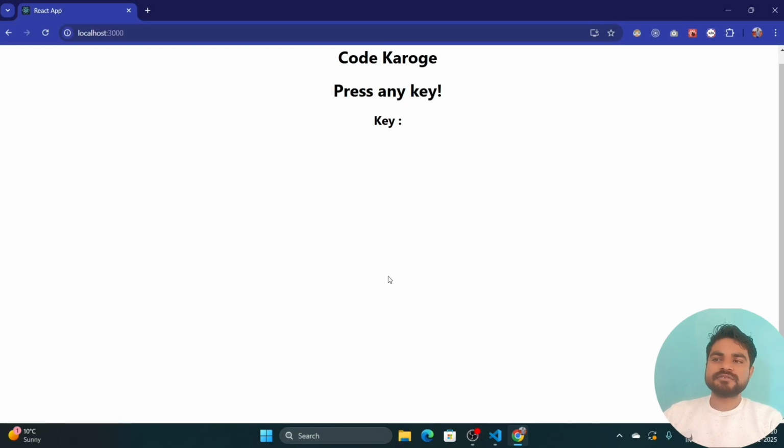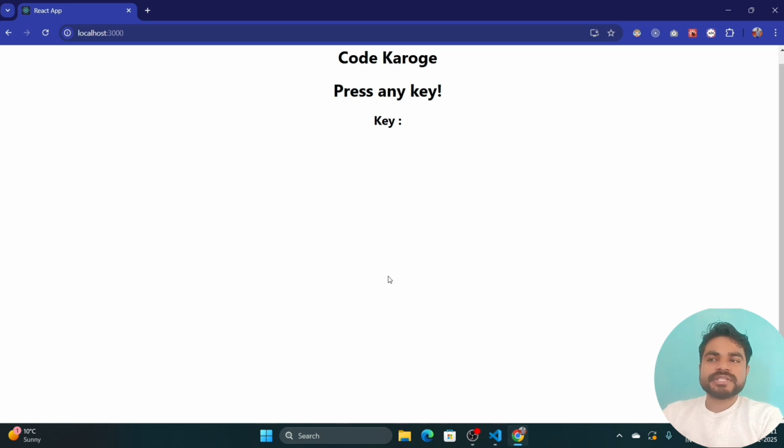So in today's video, we will discuss how we can create a custom hook for getting the key pressed on the keyboard. What do I mean by that? In multiple scenarios, we need to get the exact key which is pressed on the keyboard. Like with numbers, when we press E, it is also counted as a number. At that time we need the exact key the user pressed, and E should be ignored as a number.